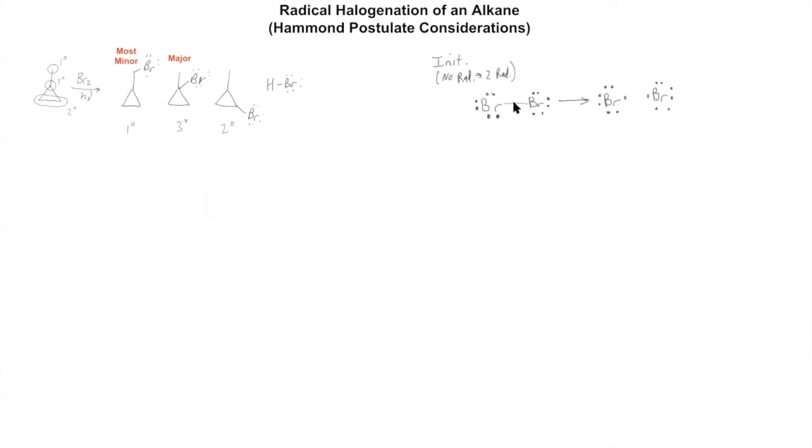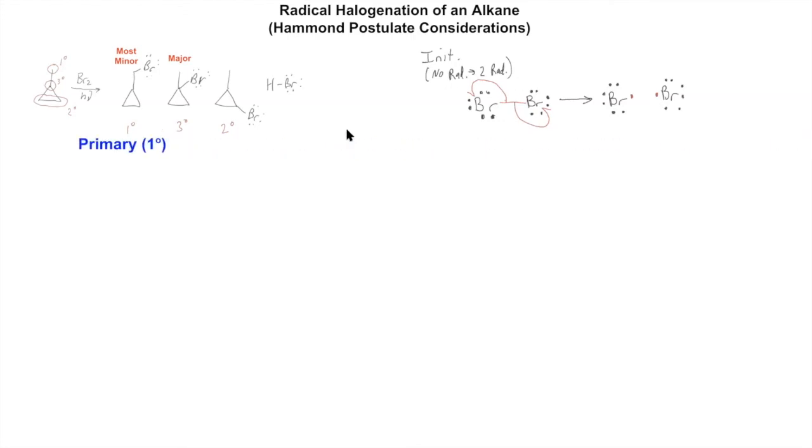We have the initiation first, and I'm drawing the bond in red. I use colors on this one, so you can see I got a red radical there. No radicals, 2 radicals. And now I'm going to work on the primary mechanism. So I'm using a red radical on the bromine from before, and I made the bromine blue. Maybe I should have had this blue, but I think I used black here, but then I used it for propagation 1 and 2. I was trying to be good with the colors, but there's only so many colors. So I got a green there. And then boom, I got my red matching, running into my green. So I got a green radical, a green red bond.